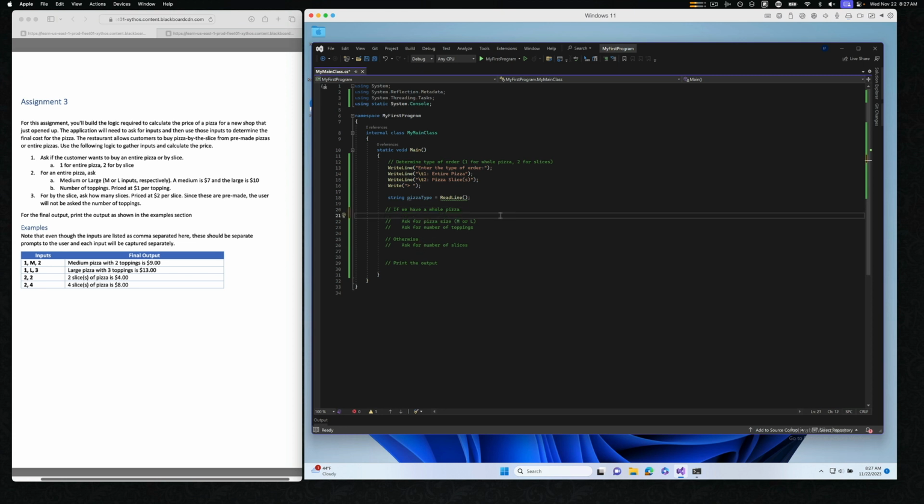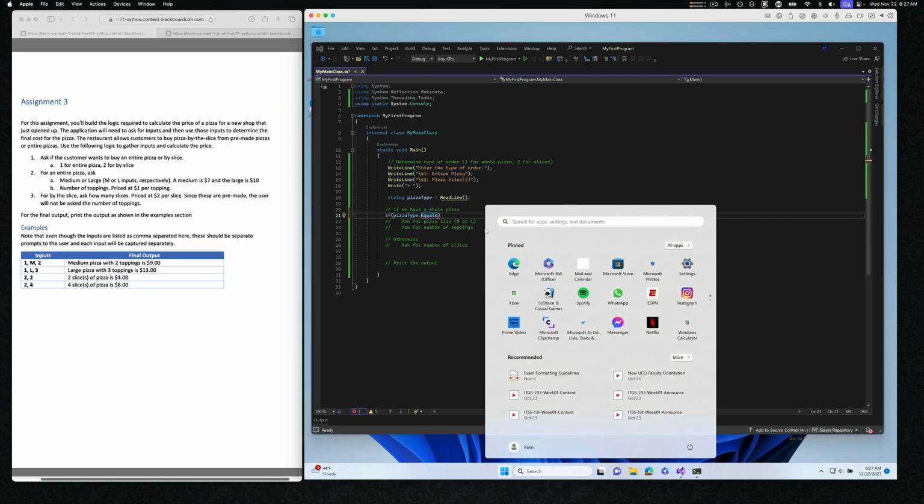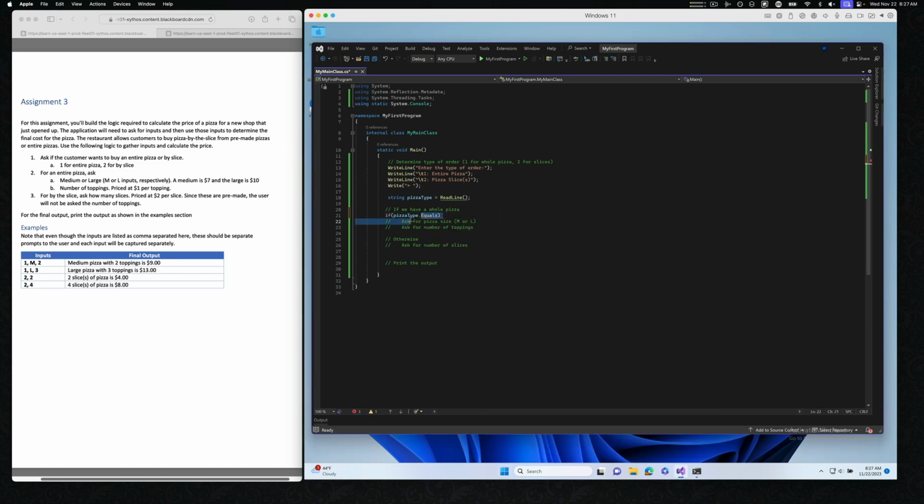So this is fairly easy to do. You could convert this to an integer, but we don't have to. So I can just say if pizza type equals, since it's a string, I can say if pizza type equals 1, then do this. And let's move my comments into here. Otherwise,